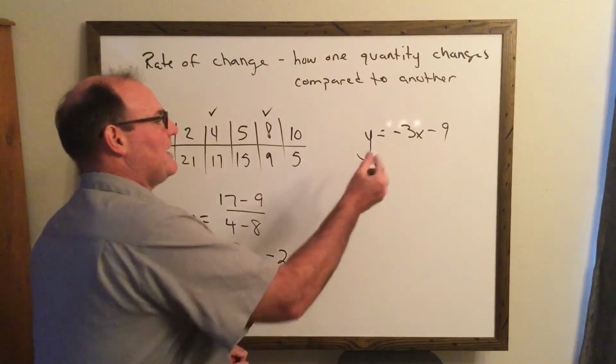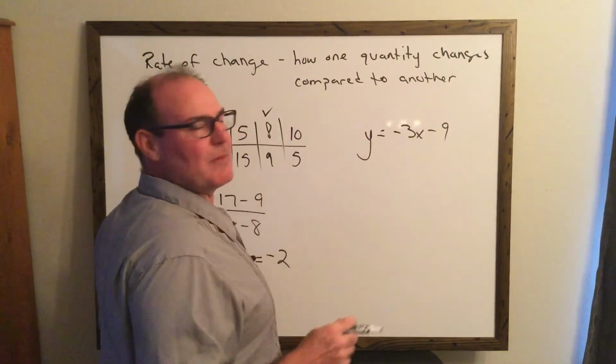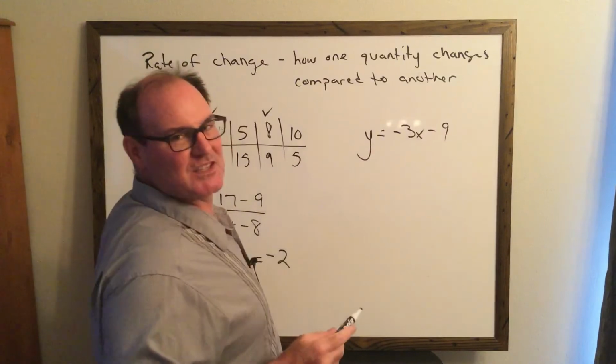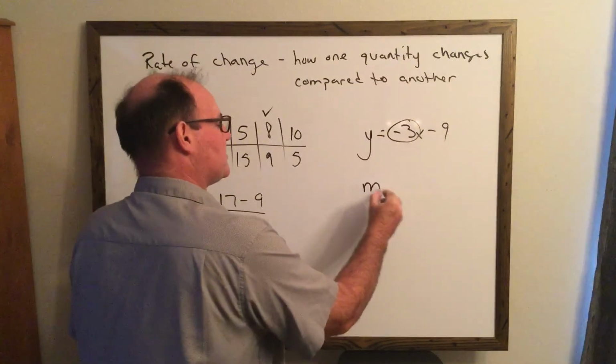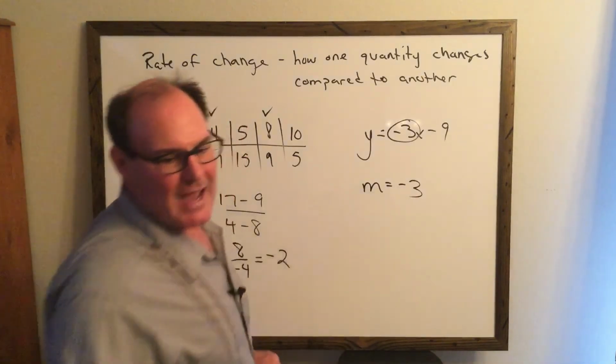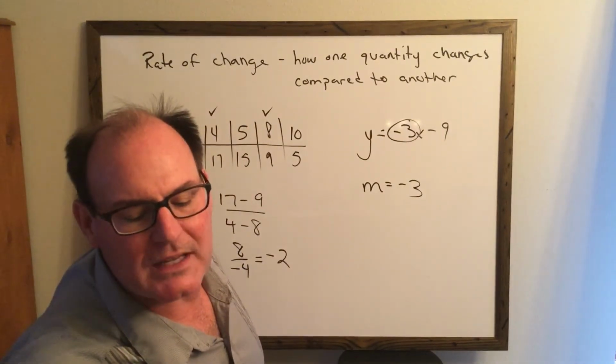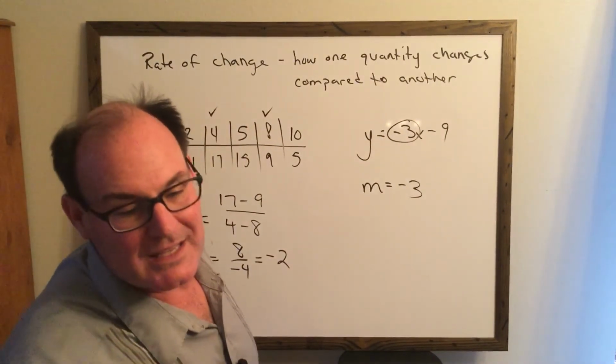And then over here, this is my slope-intercept form, y equals mx plus b. So always the slope is in front of the x. So the slope is negative 3. So now we're going to compare those two quantities, and we're going to see which one is the greater rate